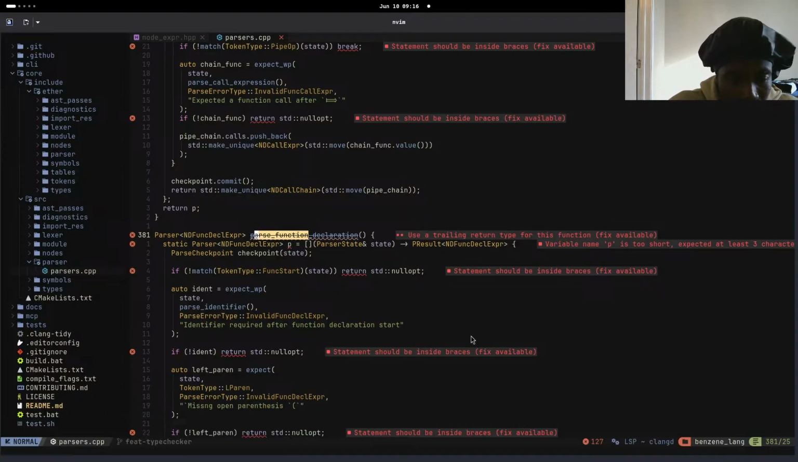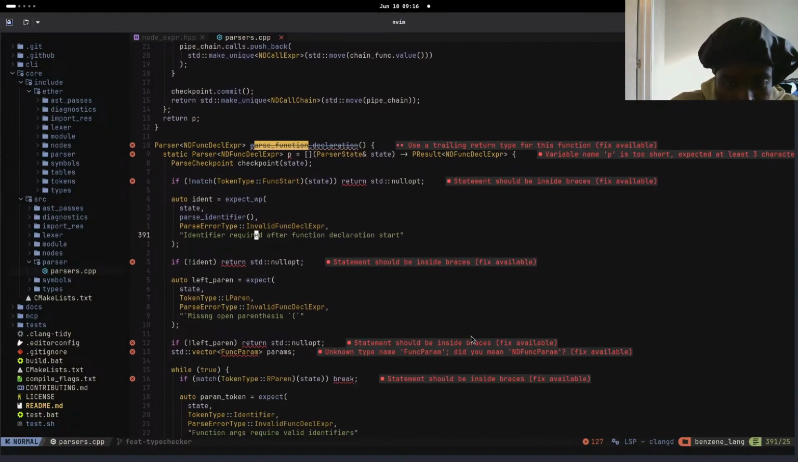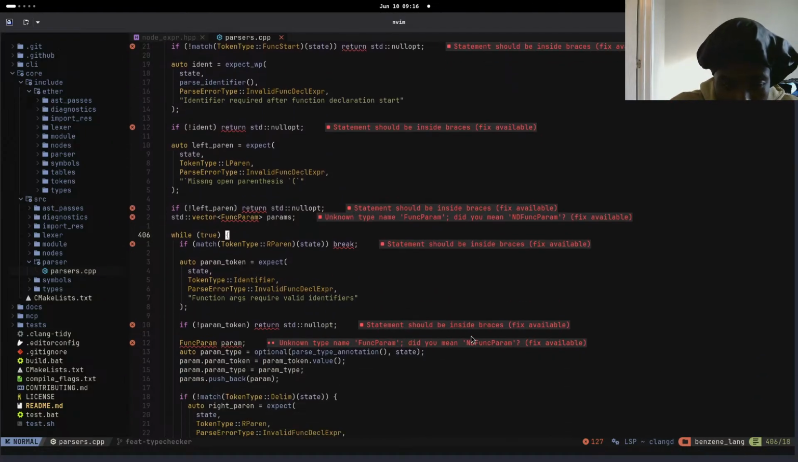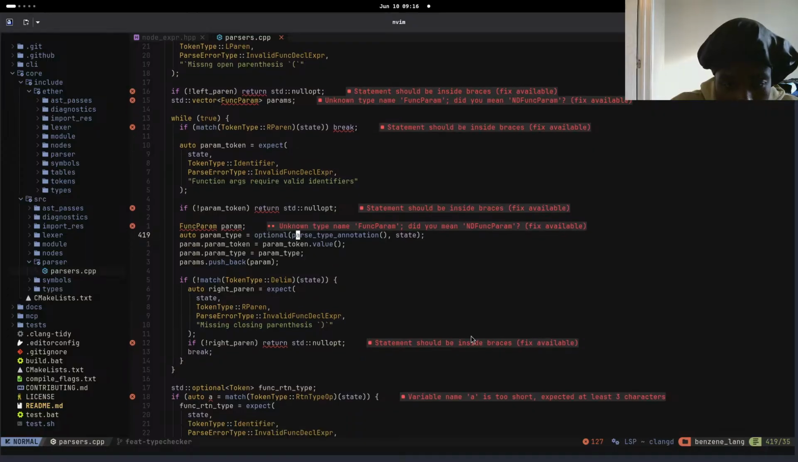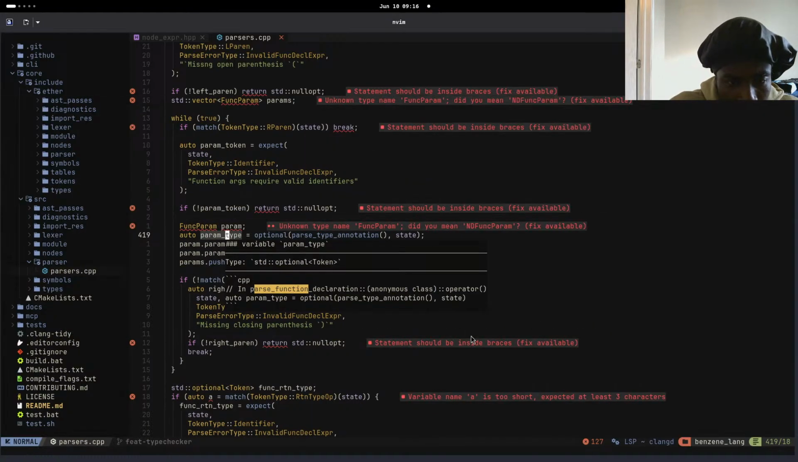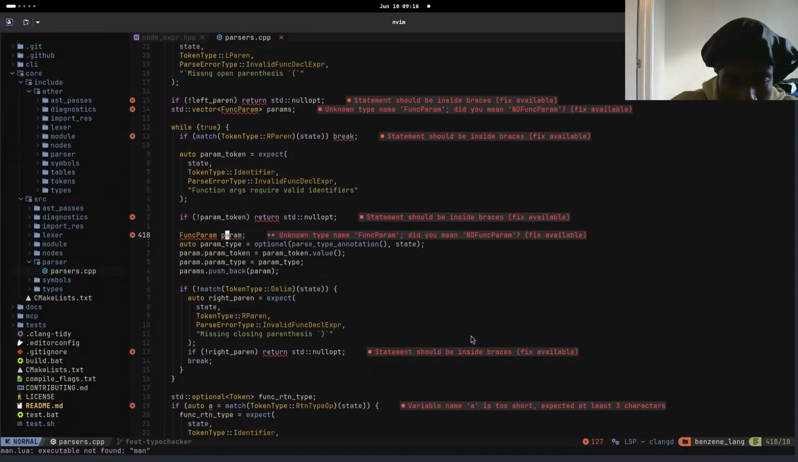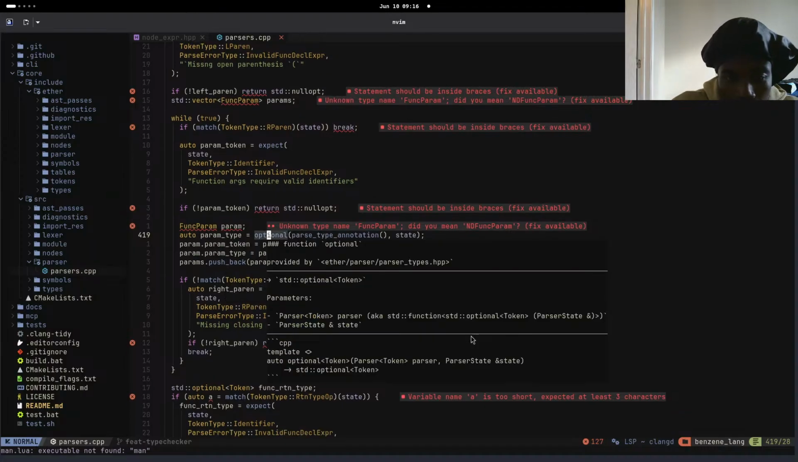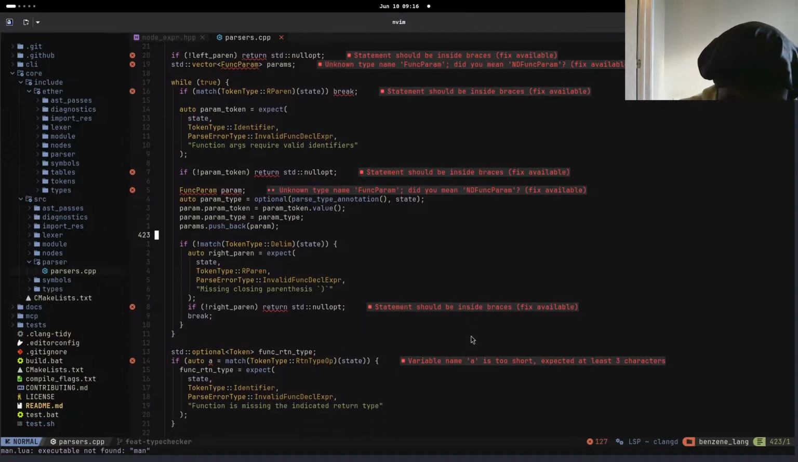Actually, I don't want to change anything here because I'm still working on my computer. Alright, let's do function params. So we're in this loop. If it doesn't match this, break, right? If param type, we make this optional and it's gonna return a token. Wait, what? Optional returns a stored optional token, right? And then what we do is,